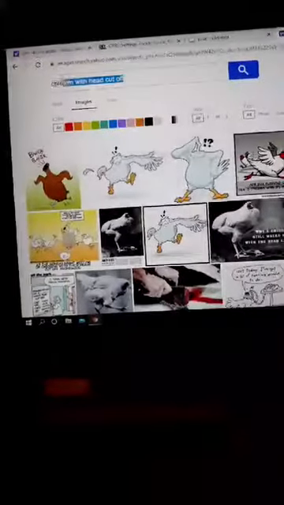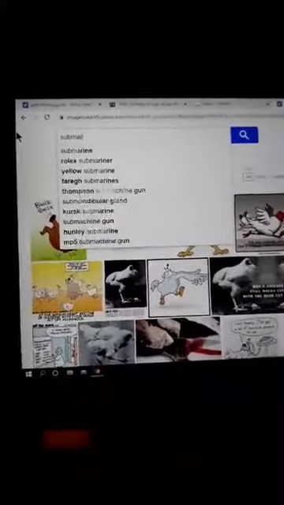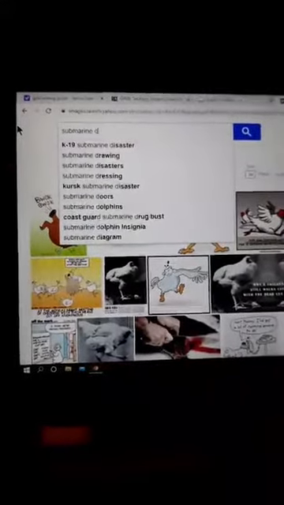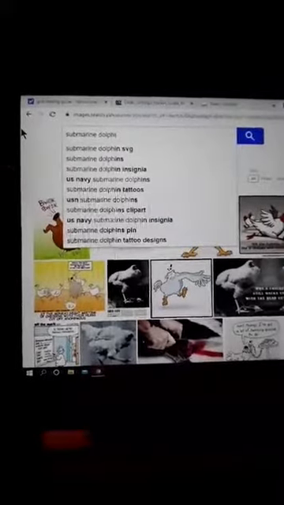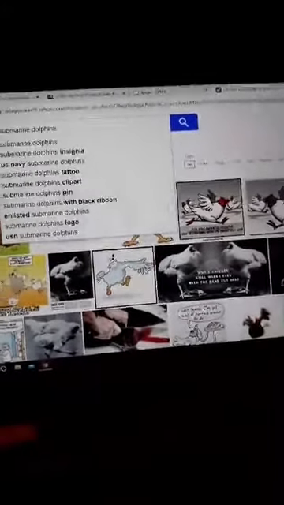I mean, for example, myself, if I wanted to look for submarine dolphins, submarine dolphins insignia, okay? Boom, here's all, and I can scroll and scroll and scroll. I can even show more images. And I can keep scrolling. Okay? So by using Google search and using images